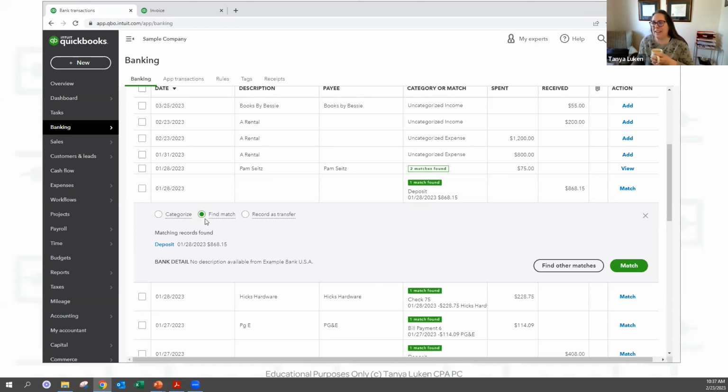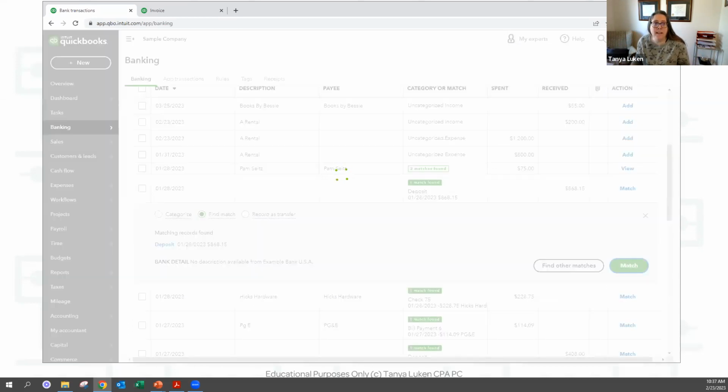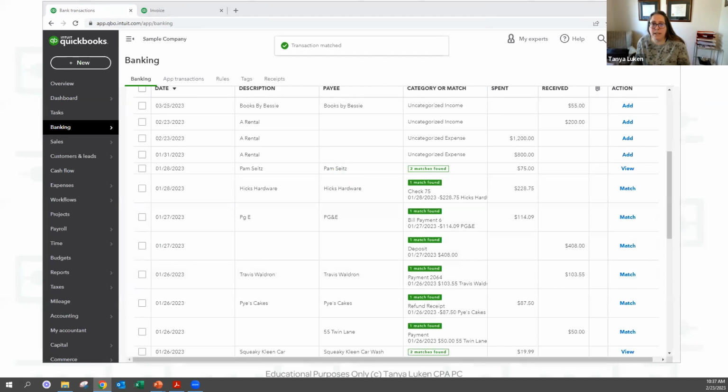All right, so what this green thing is trying to do is tell us that, hey, your bank has a bank deposit for $868.15. And me being QuickBooks, I found one in your QuickBooks for that same dollar amount on January 28th. Is this thing the same as that thing? And if it is, then you say, yes, I'm going to match this. The thing you want to watch for is that if you have bank deposits for the exact same dollar amount that repeat, like I was telling you about my client, the HOA, if it's $187.50 16 times, you're going to have a really hard time figuring out which one it matches to. So just keep that in mind.